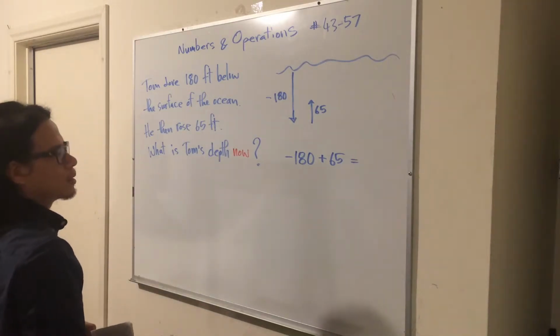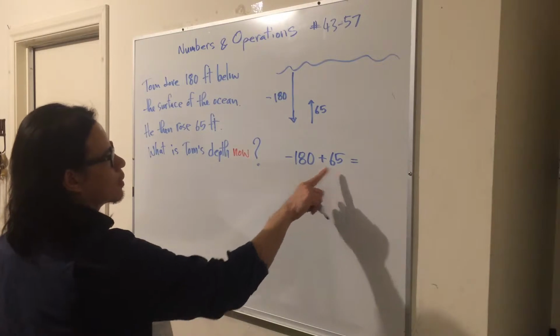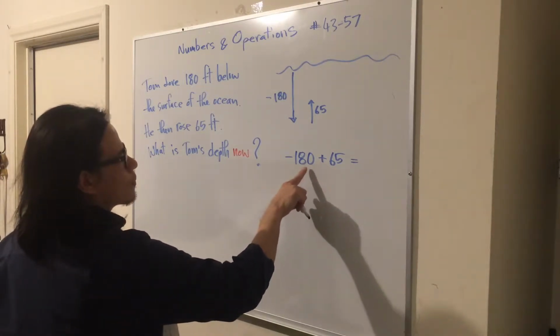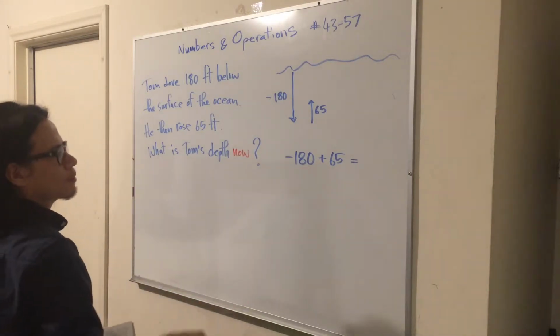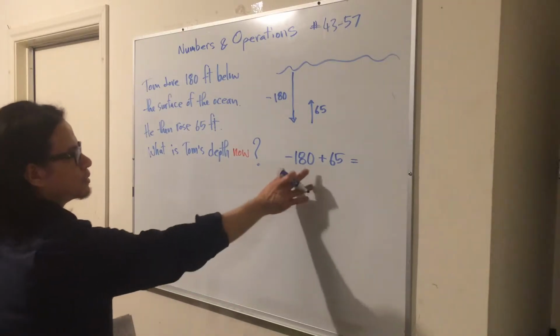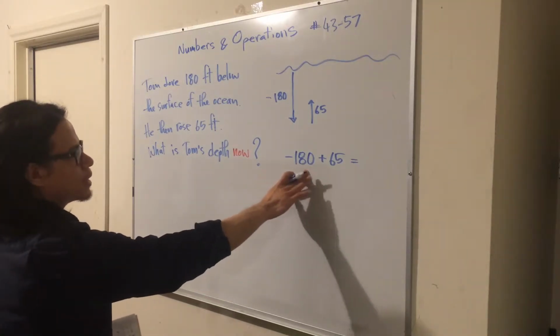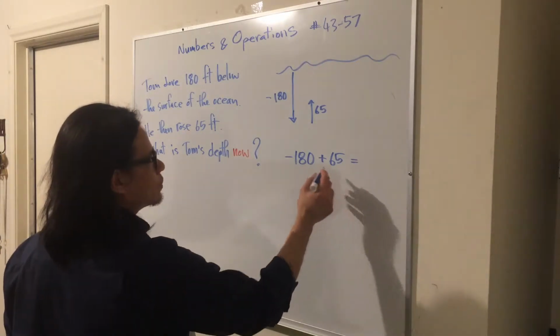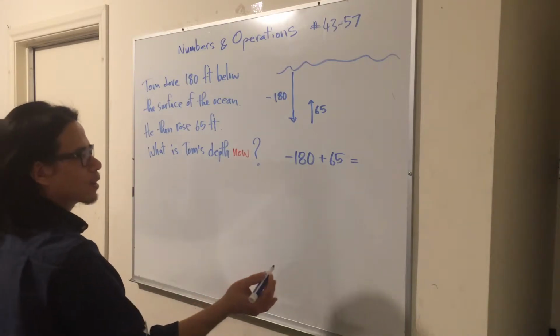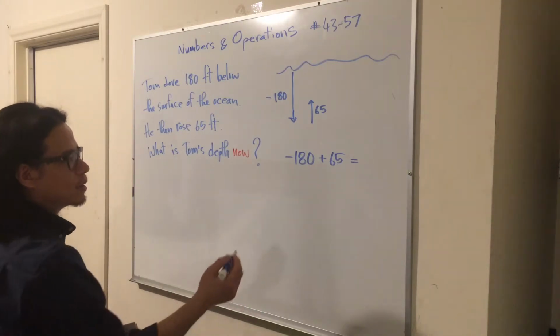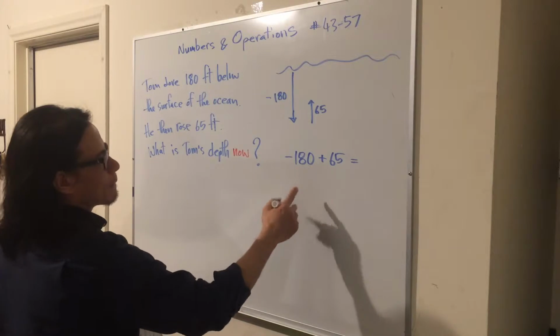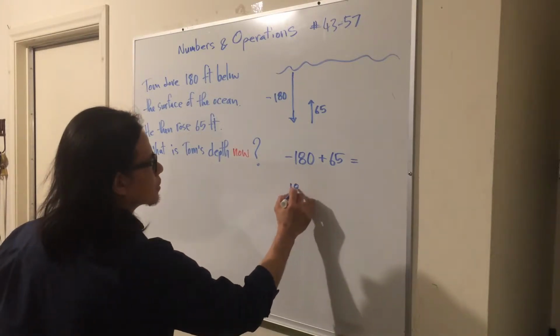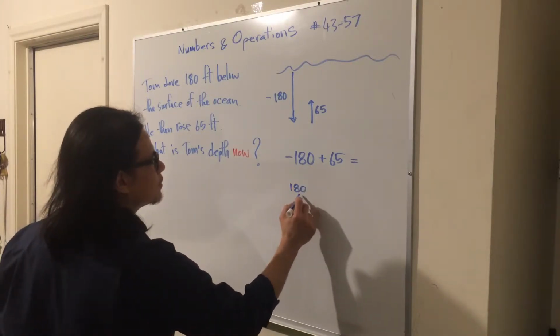Okay, so probably the easiest way to do this is to put it into the calculator. Negative 180 plus 65. Okay, in which you're going to get a certain number. Now if you don't have a calculator, I'm going to take 180 minus 65,